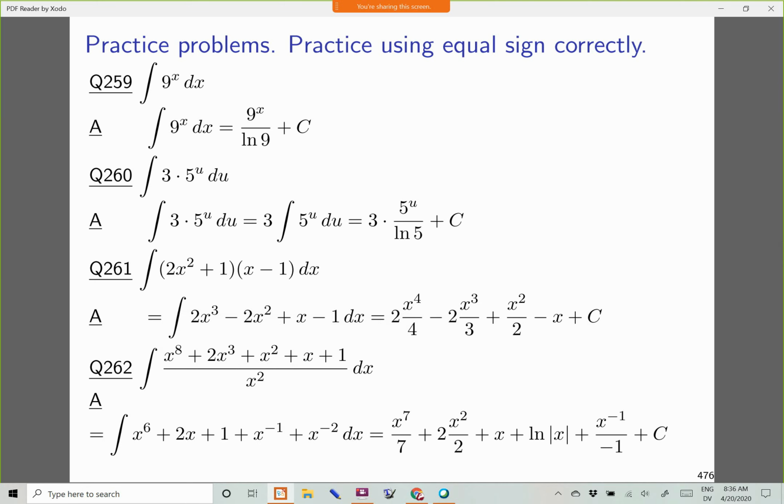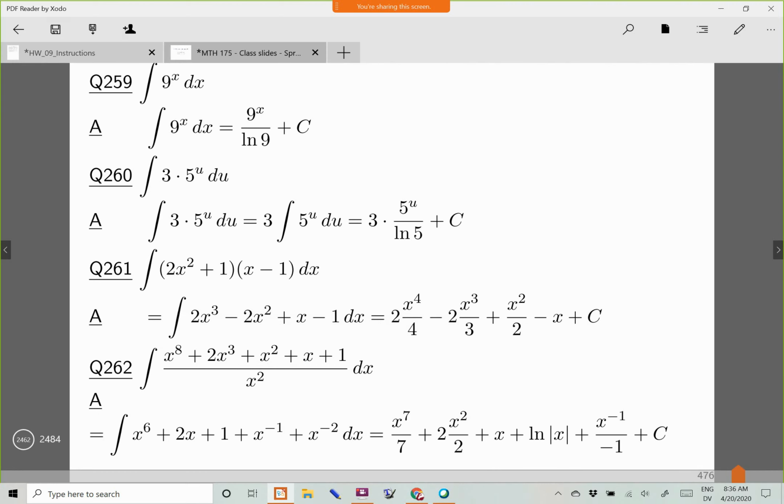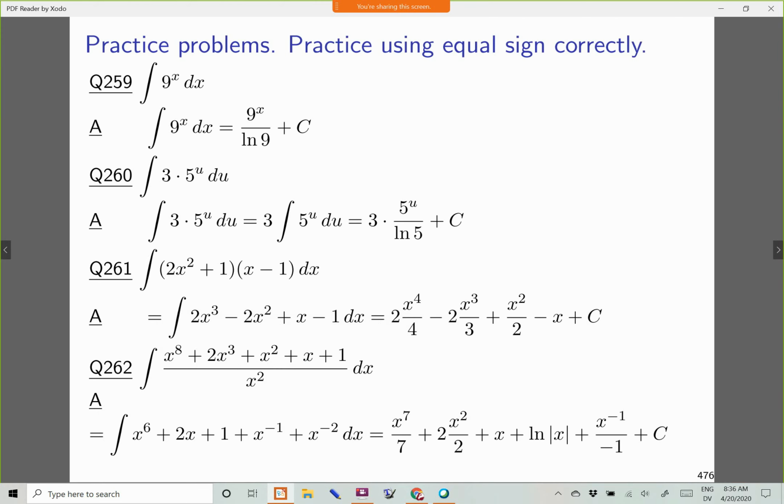separately. So we have x to the 7th over 7 plus, copy this 2, and then take the antiderivative of x to the first, and you have x to the 2 over 2. Of course, if you want to cancel the 2's there, you could write that in. I won't bother right now. The antiderivative of 1 is x. The antiderivative of x to the negative 1 is a way of reminding you there that you get ln of